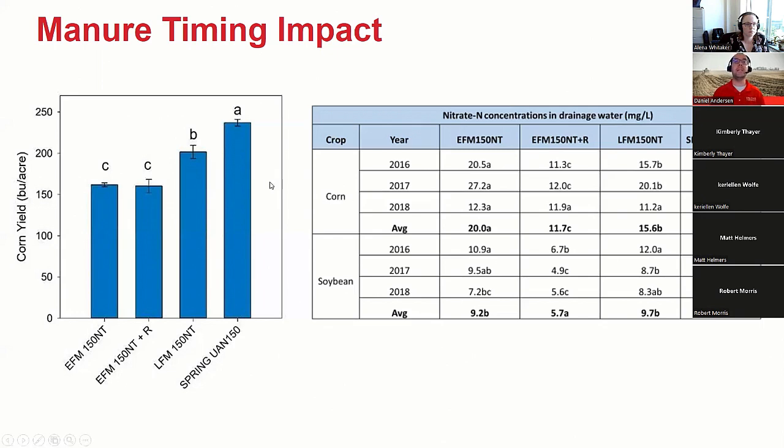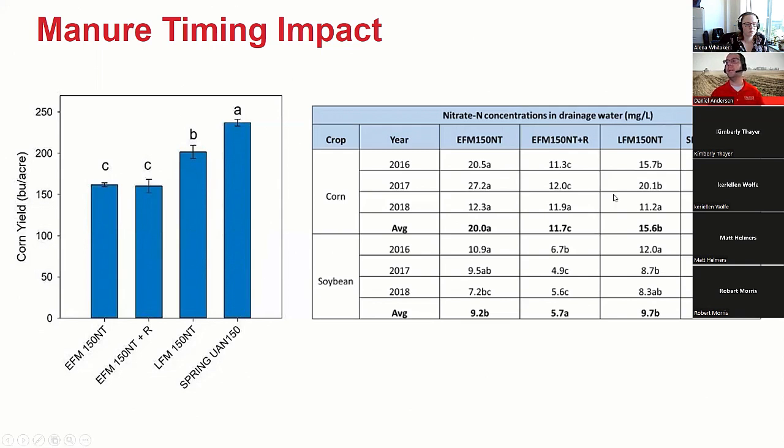But that is something that we're going to continue to look at and see how moving from fall to spring makes an impact on corn yield. And presumably something much more similar to that UAN treatment over time will emerge by moving from fall. Even when we think it's well timed to spring, we'll probably have less nitrogen out there for potential loss.